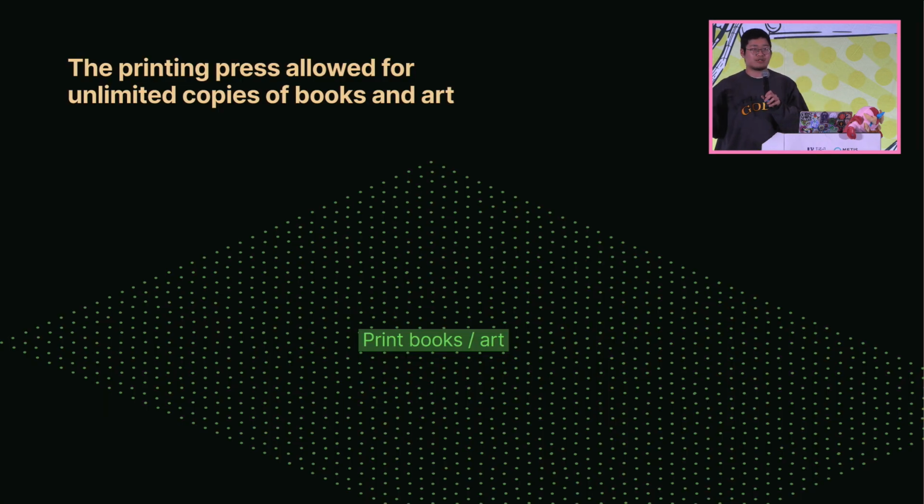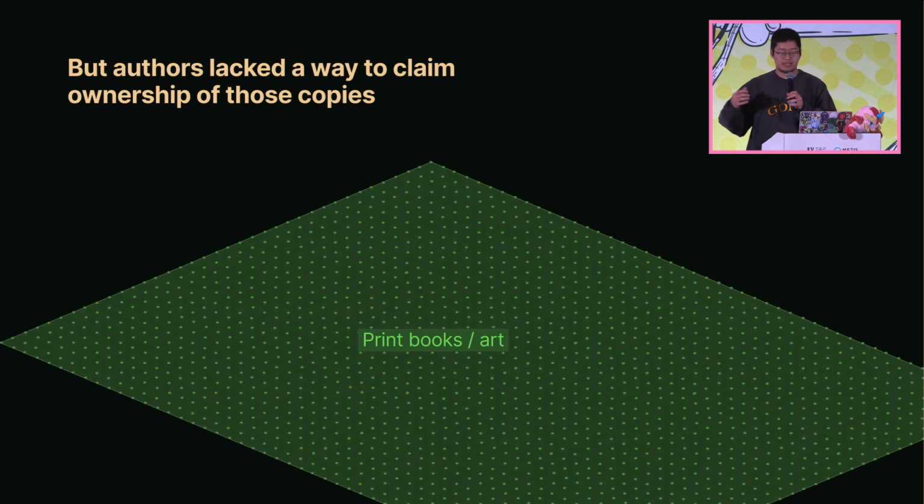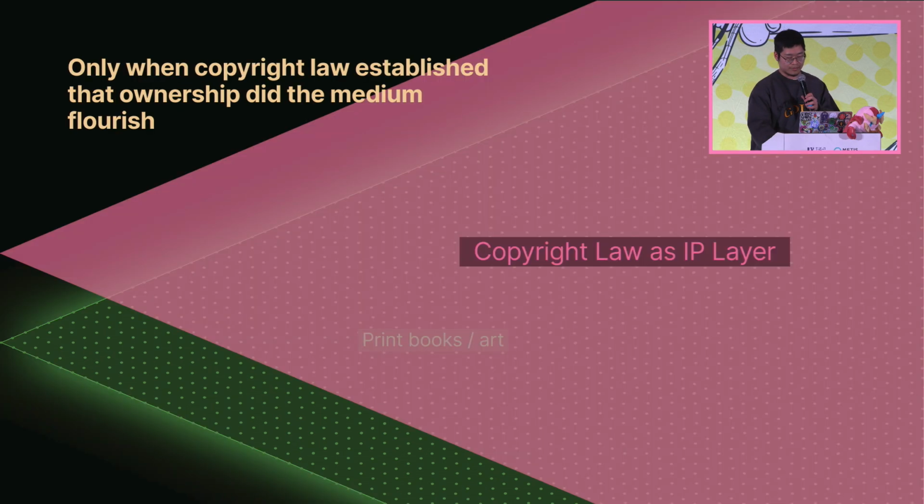Let's look back at a bit of the history of IP and why copyright law exists. In the early days, when we first discovered literature, words, and formats of displacement, we started printing books and art. In order to protect the ownership of those creations, we needed a layer of protection, where copyright law as an IP layer came into place. The first IP law was actually introduced in the 17th century in the UK, to protect the ownership of publications.